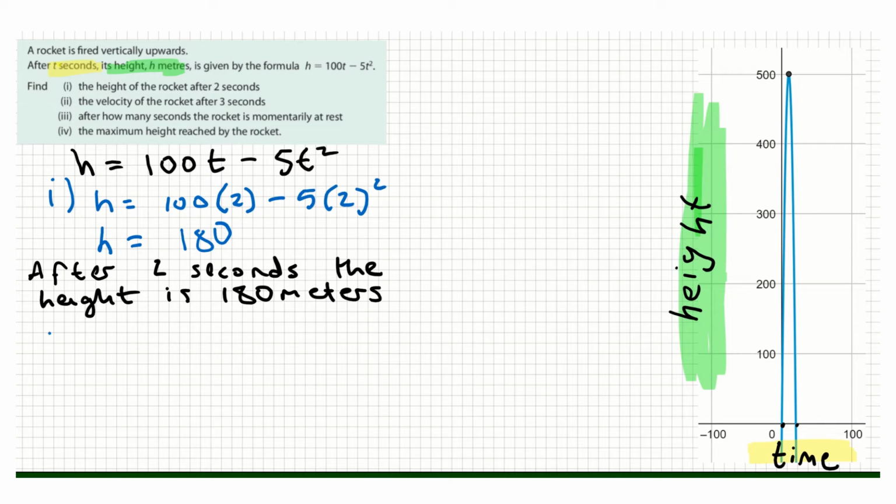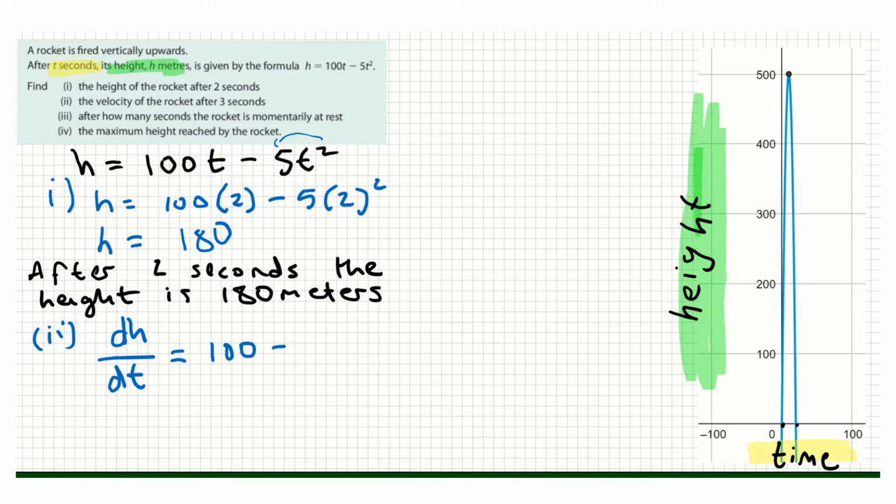Okay, part 2. The velocity of the rocket after 3 seconds. So remember, when we differentiate, we're finding the rate of change. It's a word maybe we haven't used in a while, the rate of change. So the velocity here is the rate of change. So we're going to differentiate dh dt because we're talking about height and time. The change in height with respect to time equals 100t becomes 100 minus the